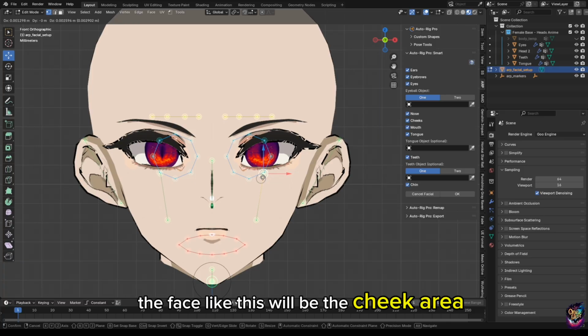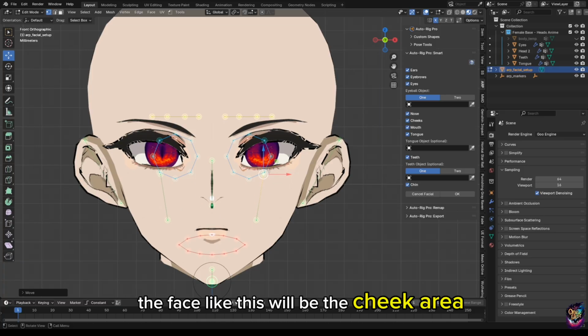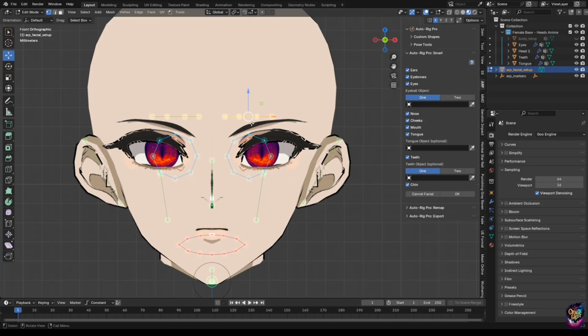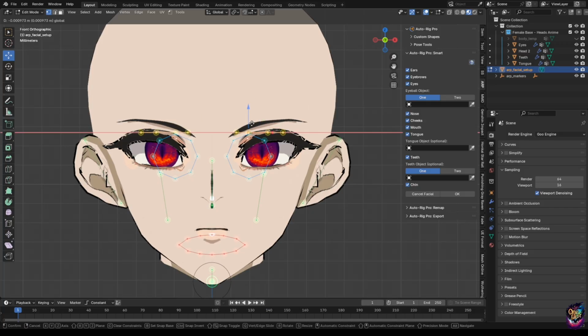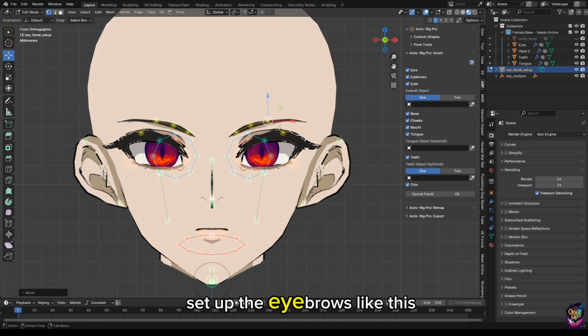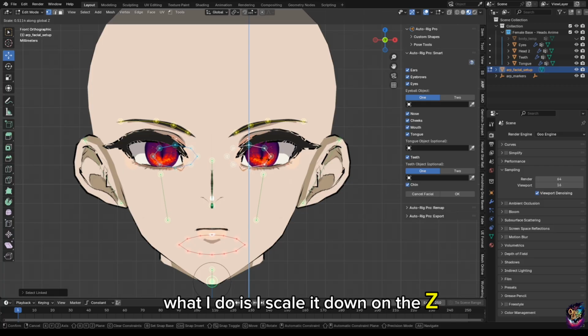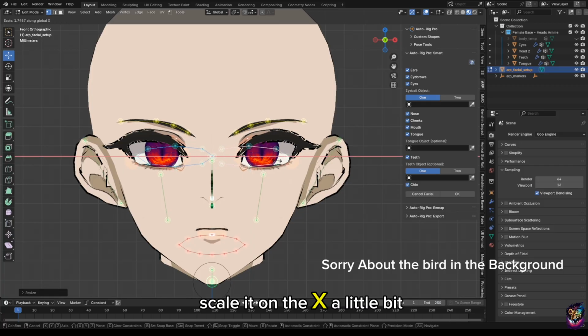Now the face, like this will be the cheek area, so you just have to put the lines for the cheek area. The nose is already in place. The eyebrows, set up the eyebrows like this. Make sure it lines up. And lastly, the eye. What I do is just scale it down on the Z, scale it on the X a little bit,